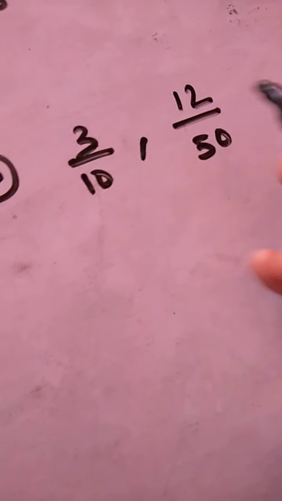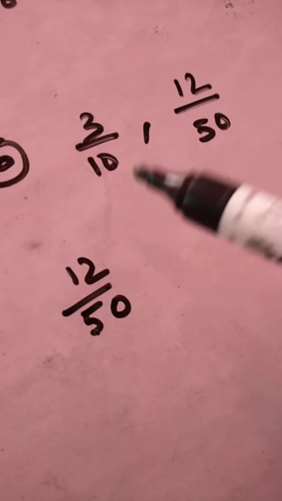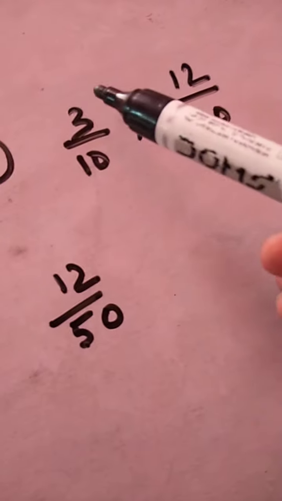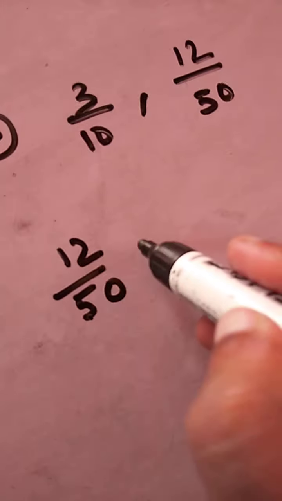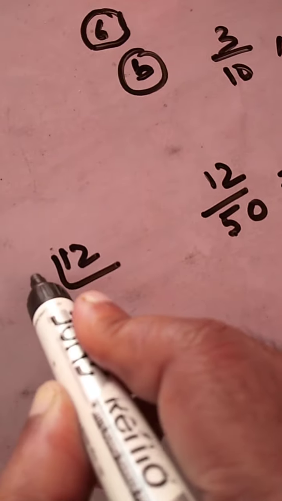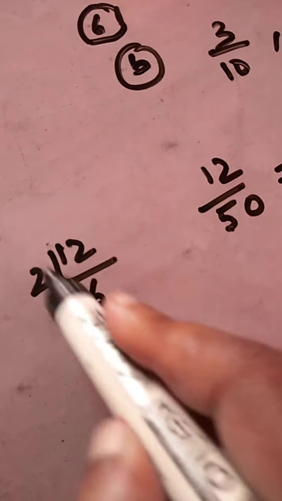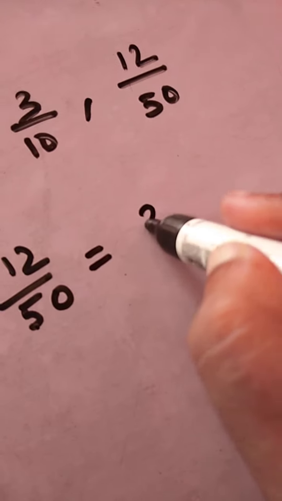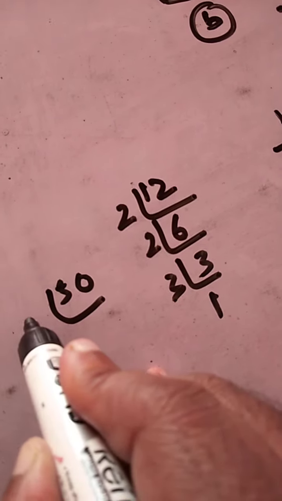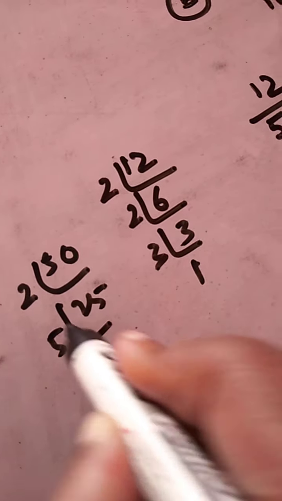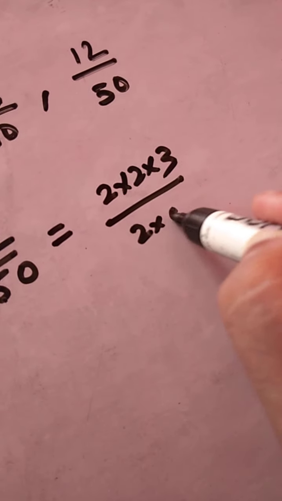Now let's reduce the other one into the simplest form. I hope you remember what the simplest form is. The simplest form of a fraction is when the numerator and the denominator share only 1 as a common factor. Now 12 could be written as, again you will do the prime factorization: 2 6s are 12, 2 3s are 6, 3 1s are 3. So in place of 12 we can write 2 into 2 into 3. Similarly 50: 2 25s are 50, 5 5s are 25, 5 1s are 5. So in place of 50 we can write 2 into 5 into 5, isn't it?